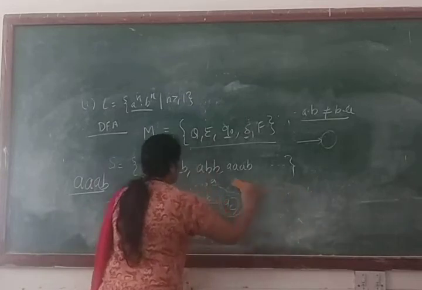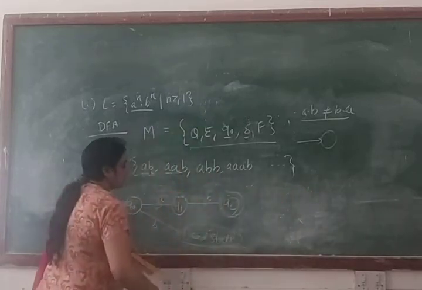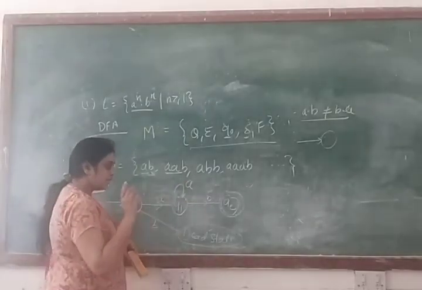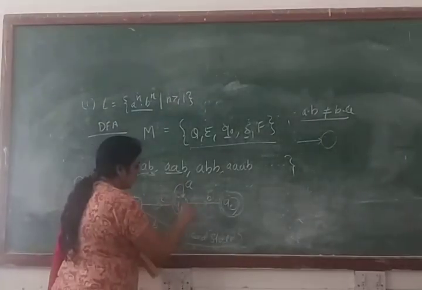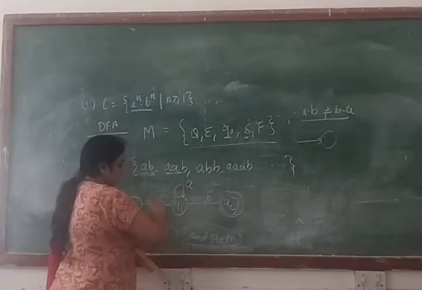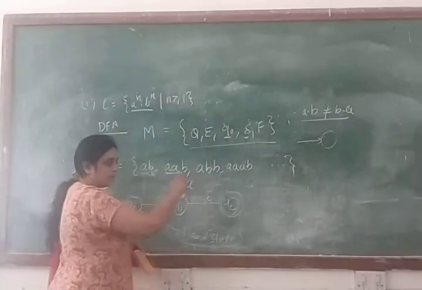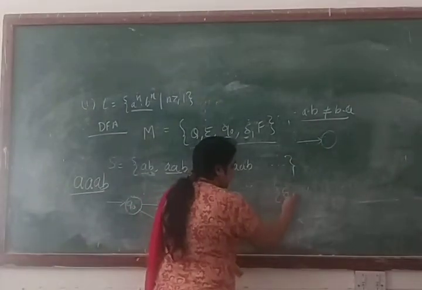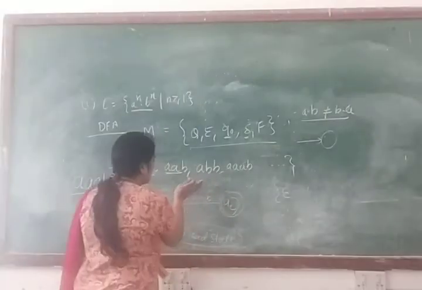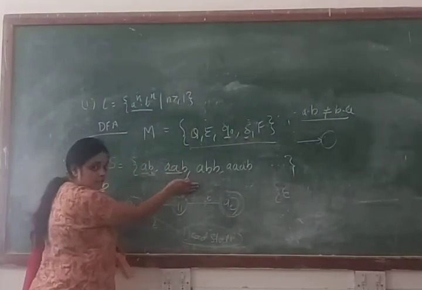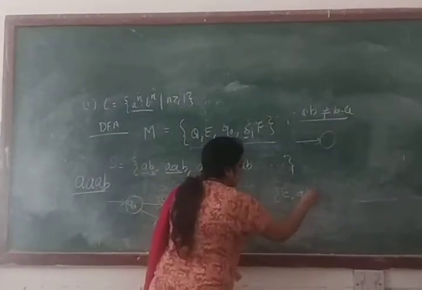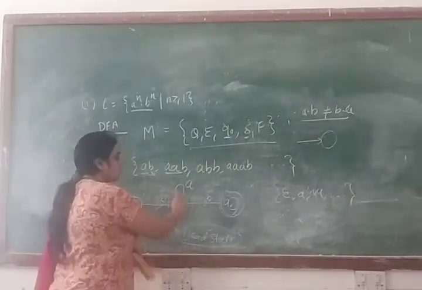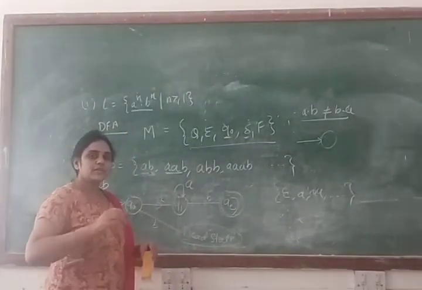Clear? Now we will check from Q1 to Q1 for the input symbol A. In that case your machine will accept AB, then AAB, then AAAB, then AAAAB. Because what is the meaning of a self loop? A self loop means it can be epsilon, or a single A, or double A, or any number of A. That is the meaning of a self loop. So why use a self loop? Basically we will convert our